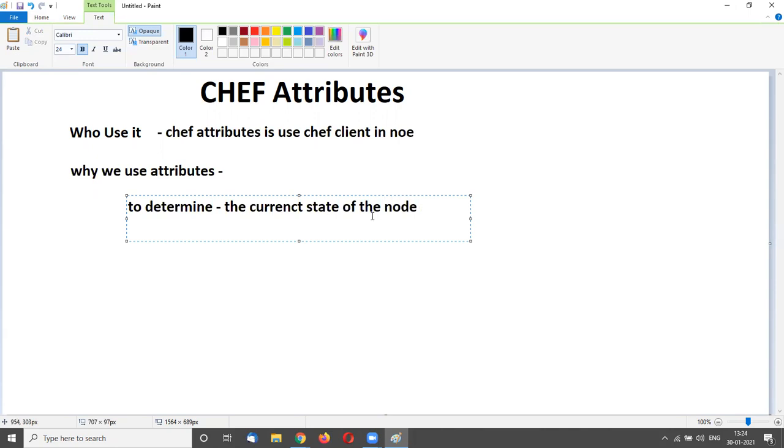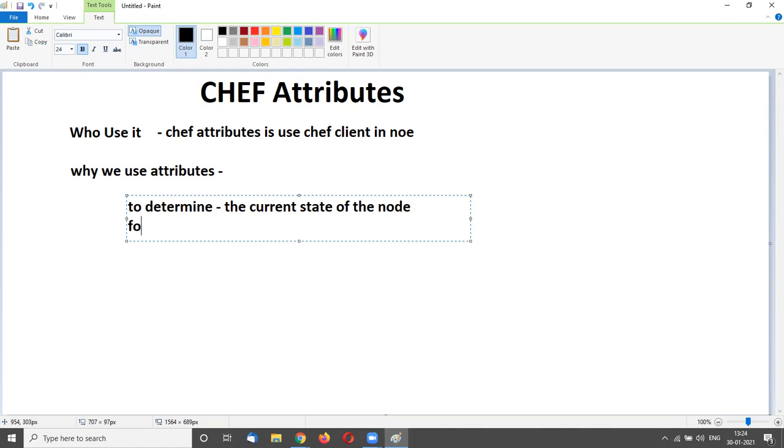We use chef attributes to determine the current state of the node, and also what the state of the node was at the end of the previous chef client run.